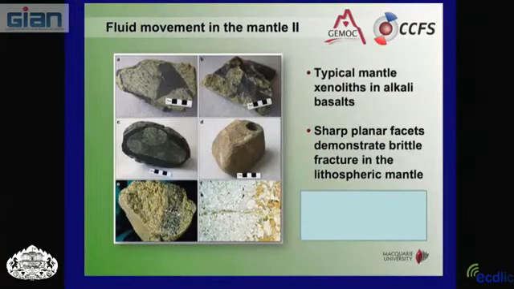So typical mantle xenoliths in alkali basalt, we had this discussion this morning. Most of them have sharp planar facets that demonstrate the brittle fracture of the lithospheric mantle, this kind of boundary. You have this kind of facet, and you can find it also in some xenoliths here with the basalt around. But the second main type of shape is a rounded shape, because afterwards you can have the movement inside the melt when you bring it up. But these primary features are the witness that inside the mantle you have this kind of feature. Okay?